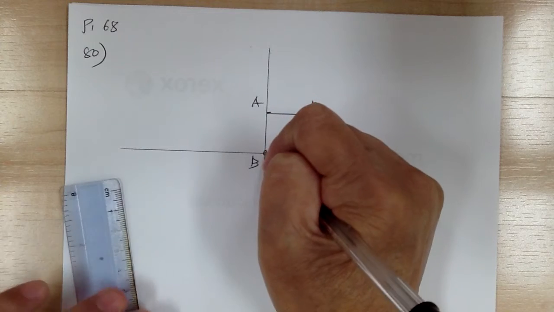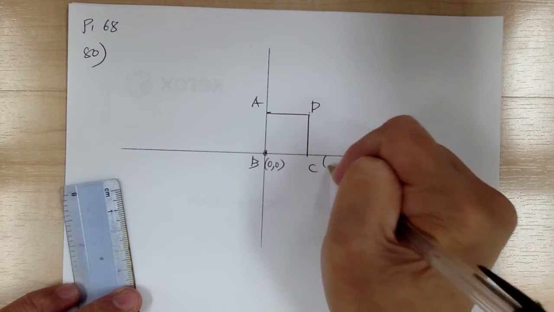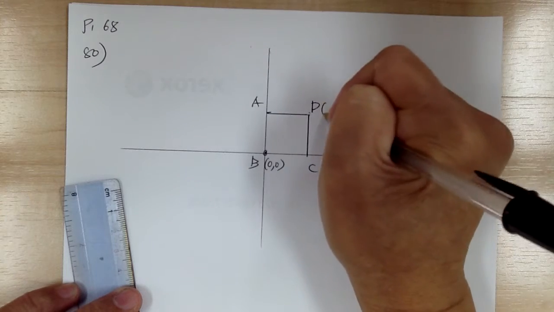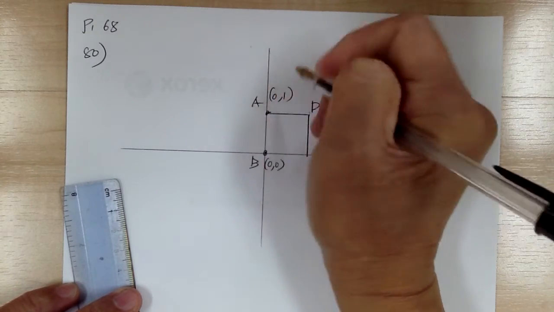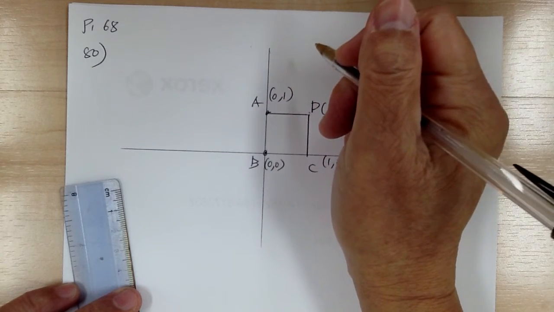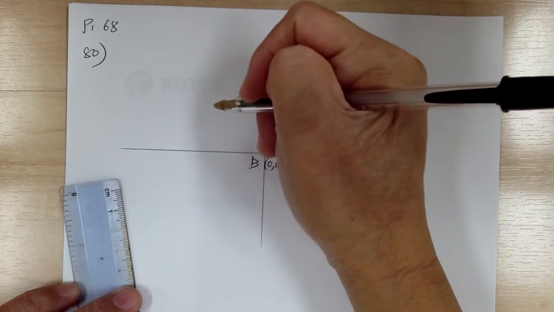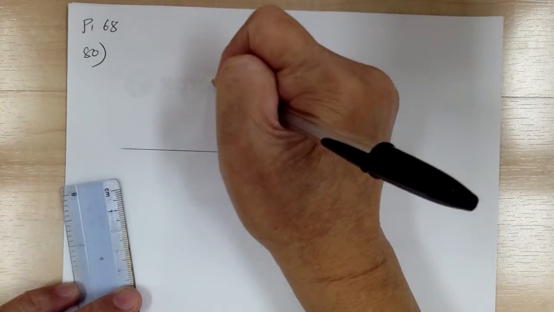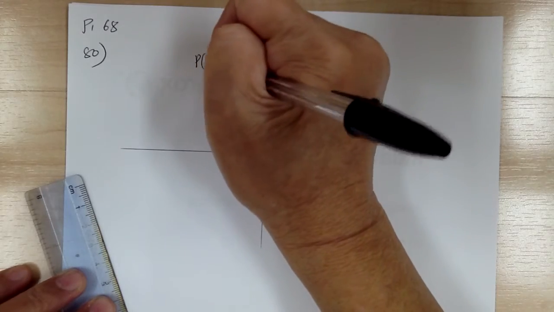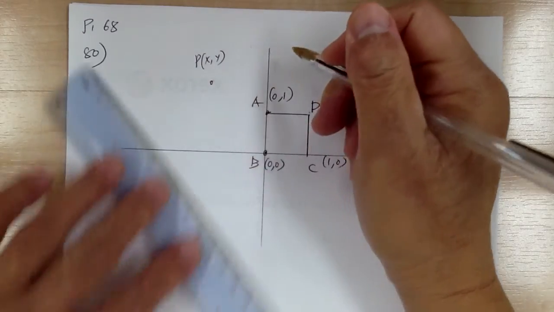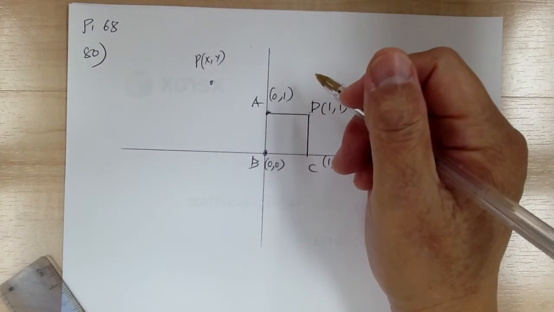So if you make this equal to 0, 0, make this the origin, this would be 1, 0. This would be 1, 1. And this point would be 0, 1. Okay, and so you have a point out here somewhere, and this is point P. So it'd be x, y. Okay, so from here,